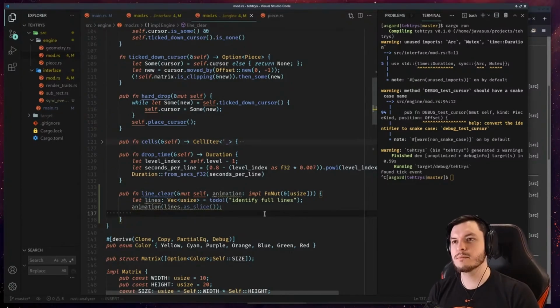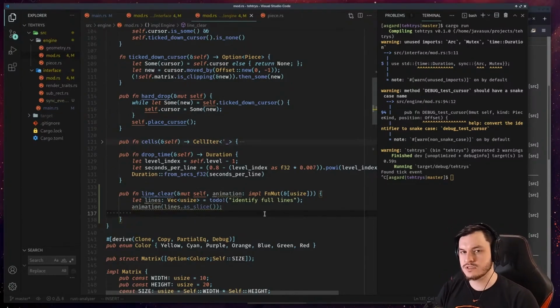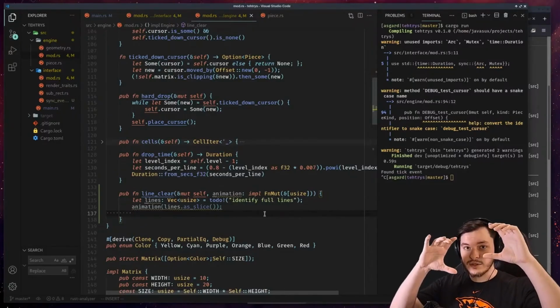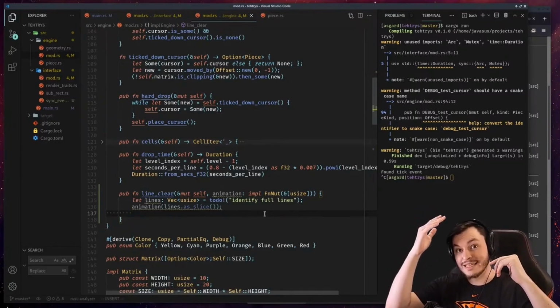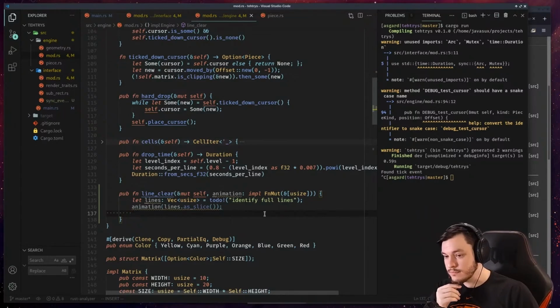And one thing that I remember very distinctly from previous implementations of Tetris that I have written is that the way that you remove these lines is really important, because you have to start from the top and work down, because if you start from the bottom and work up, the second you remove those lines, all the rest of your indexes are invalidated. So